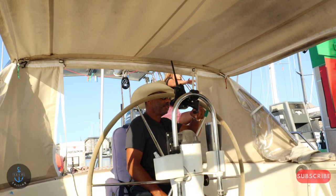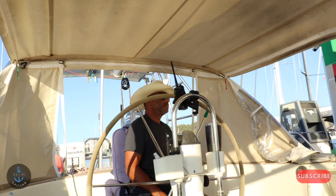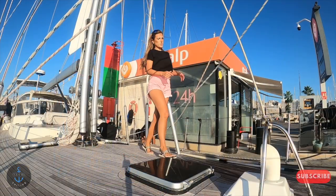Good morning. We are close to the mooring for a turn, and this is just some